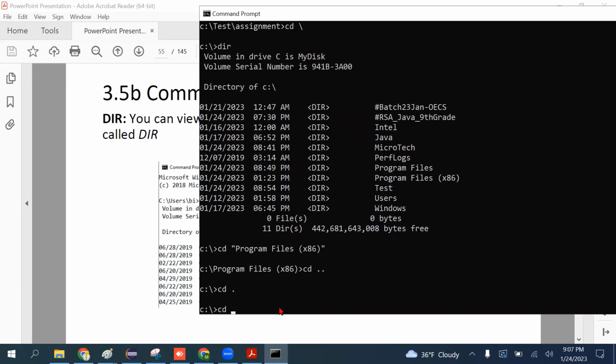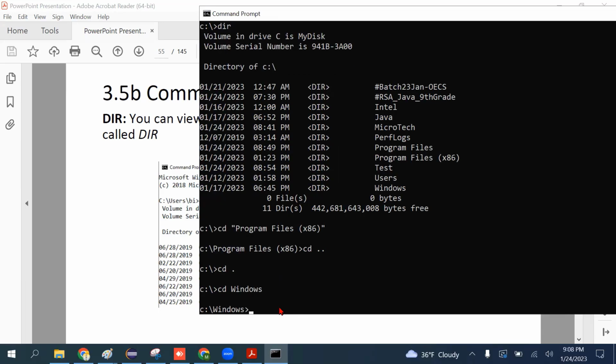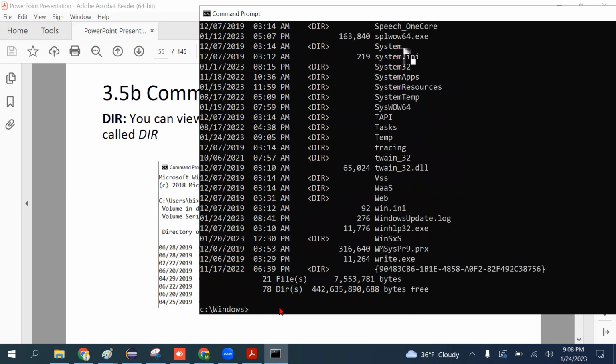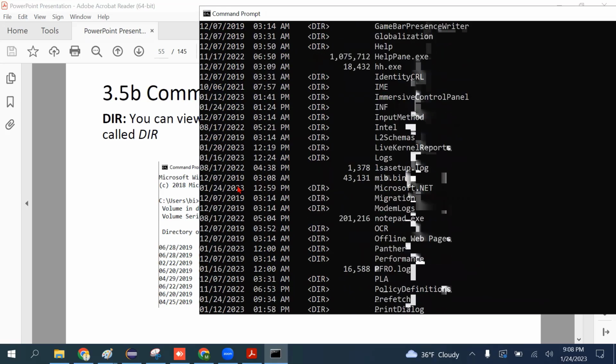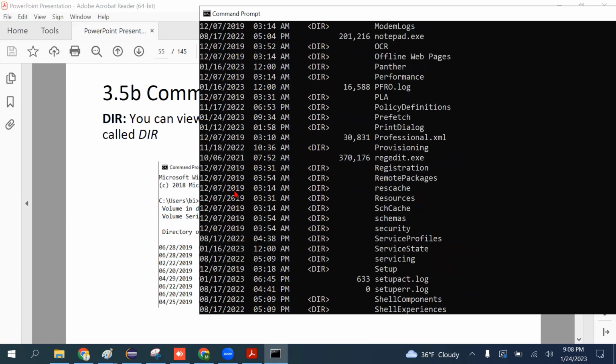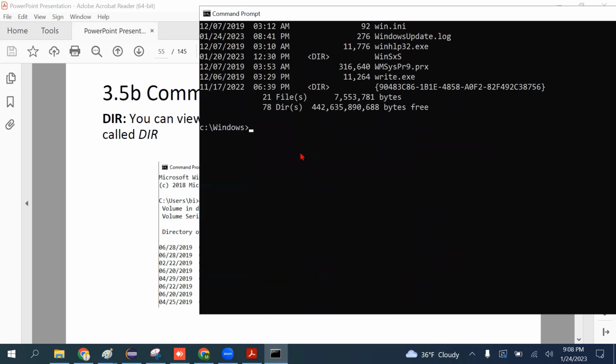Then what directory do I need to go to? Windows. How many directories are there whose first letter is W? Only one. Then I can press tab. Okay, I'm right now in Windows. If I want to see the directories of Windows, oh no, lots, so many. But I want to see it page by page. So dir /p,